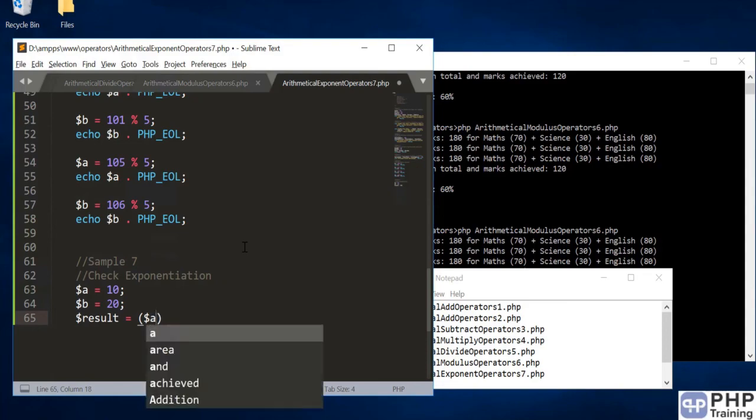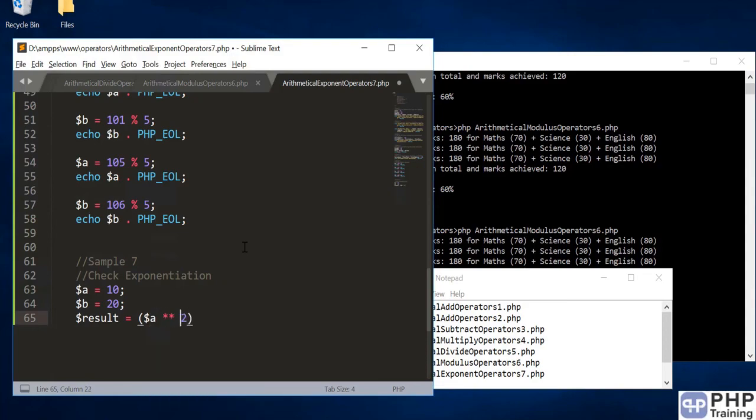So let's try to do the exponential of 2, right? Then we'll multiply the $b with an exponential 2, and if you remember this formula, can you guess what is this formula? Well, it's a square multiplied by b square,